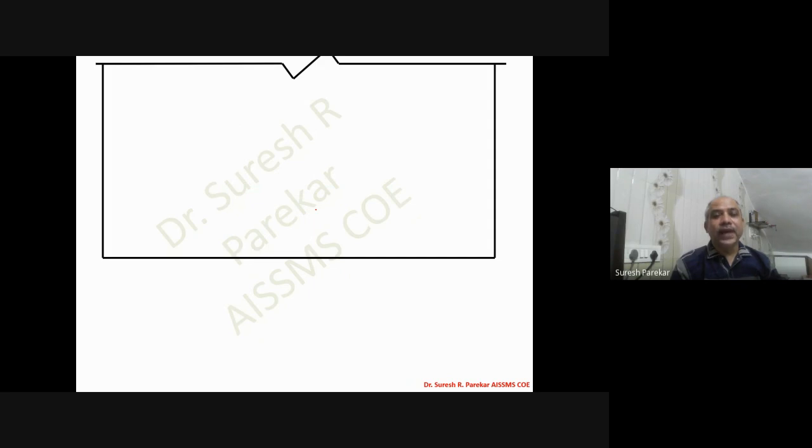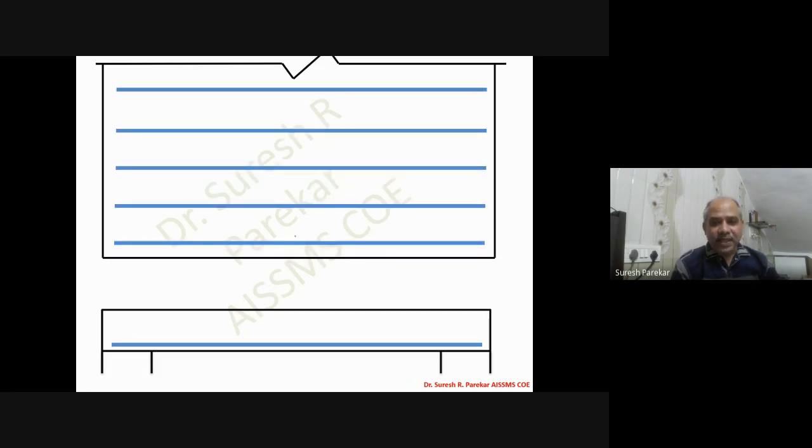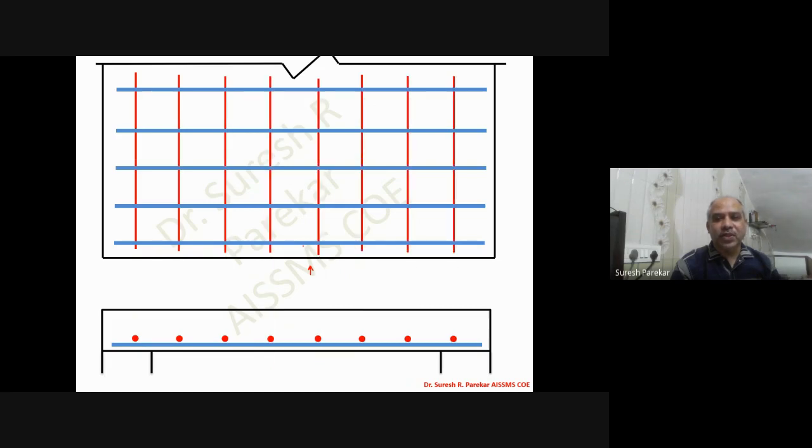Now I will plot both. We have this cross section. How will we plot this cross section? So we have this steel. If I see from this side, then we are going to get only this steel, that is main reinforcement. We will see the first bar only, and the bars go one behind another. So likewise in this line, we are going to see only one bar. Now these are distribution reinforcement, and we are going to get this reinforcement as dots only, which we have seen over here.